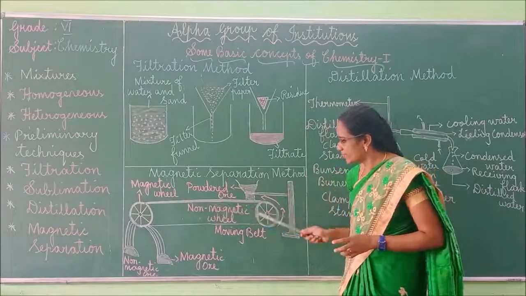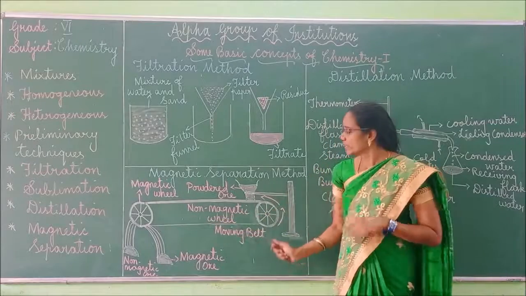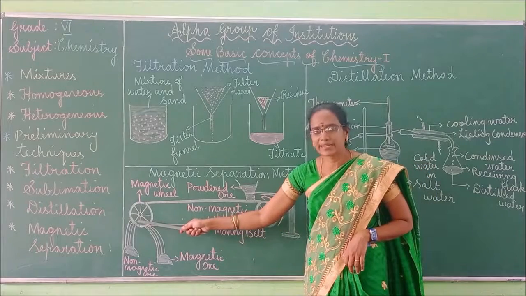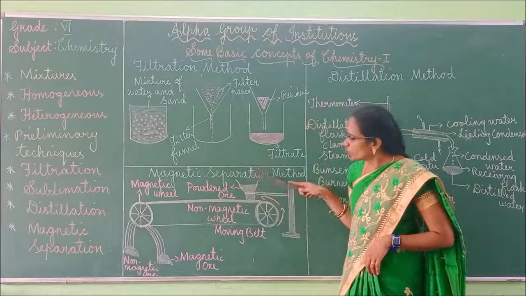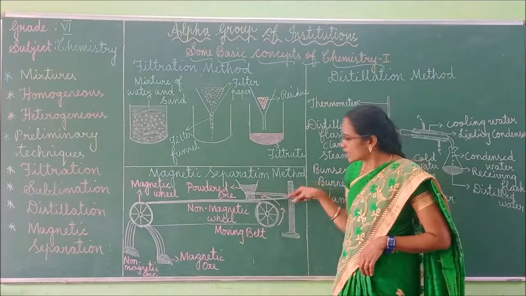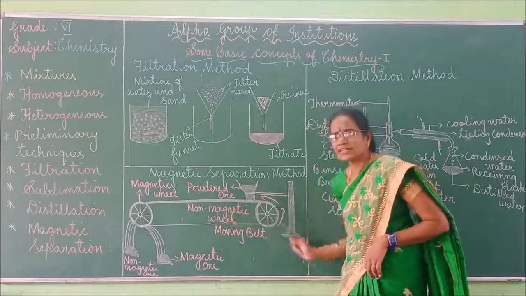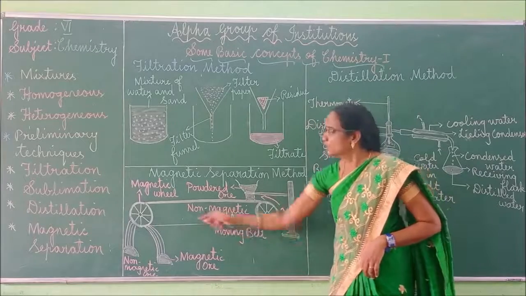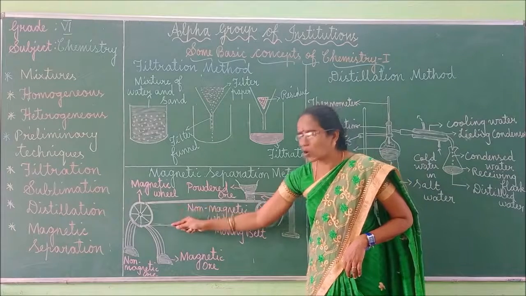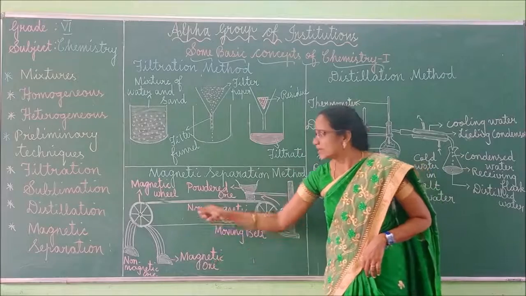This is the conveyor belt and it is attached with 2 wheels. Of these 2 wheels, one wheel is magnetic in nature. If you pour the ore materials, the conveyor belt moves continuously like this. Since this wheel is magnetic in nature, it collects all the magnetic materials into a separate place, and